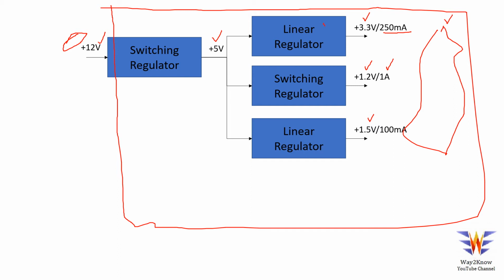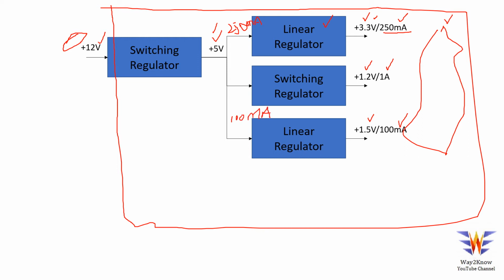Now let us start. First one is a linear regulator. So for a linear regulator, the input and output current is the same. So this is 5 volts, these are 3.3 volts, because there will be only a pass element, and the entire current would flow from input to the output. So that means here the current would be 250 milliamps, because the load requirement, the output rail current, is 250 milliamps, and the input also would be 250 milliamps for a linear regulator. Again, this is also a linear regulator. That means as the current is 100 milliamps, this also would be 100 milliamps.